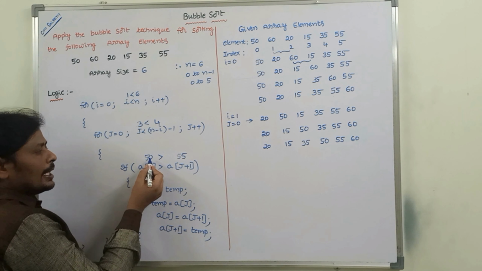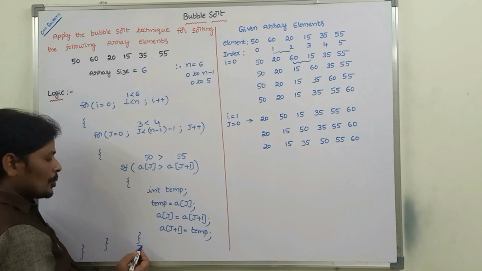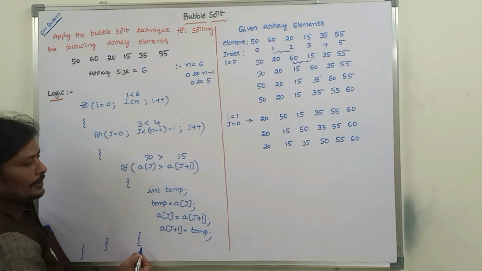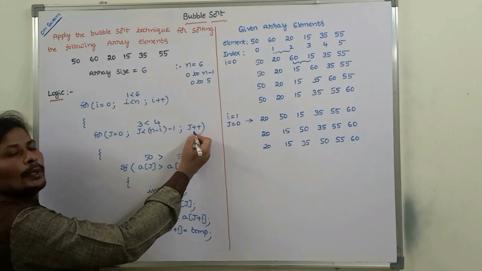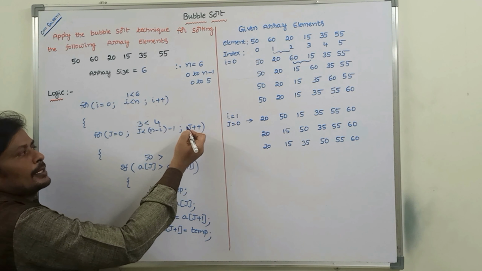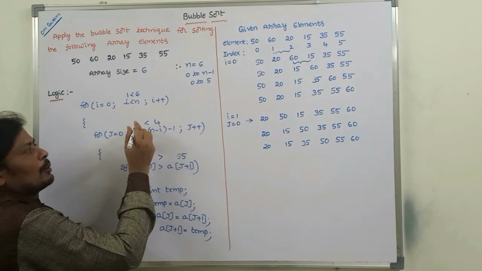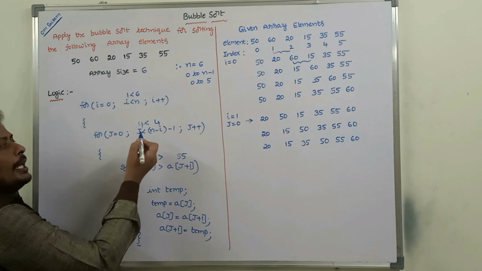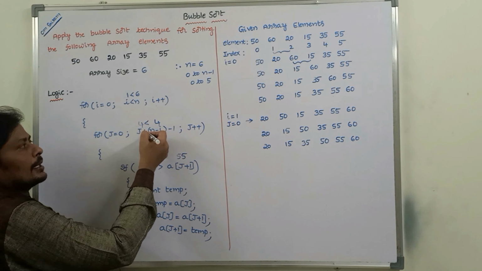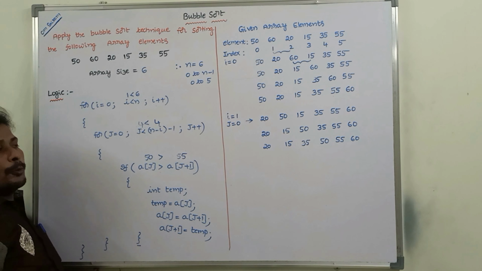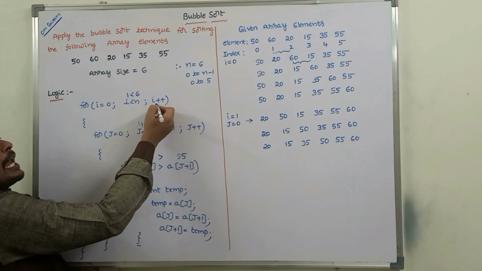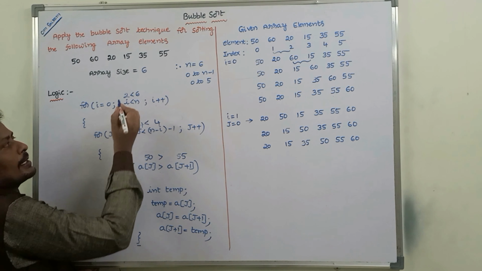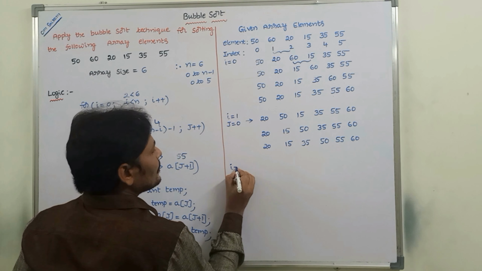If the condition is false, then the control goes to the next statement after the if block. There are no statements there. So again the control goes to the inner for loop. Now j value is incremented, now j value 4, 4 less than 4, condition false. So if the condition is false, then the control goes to the outer for loop. In the outer for loop, I value is incremented. Now I value becomes 2. Previously it was 1.